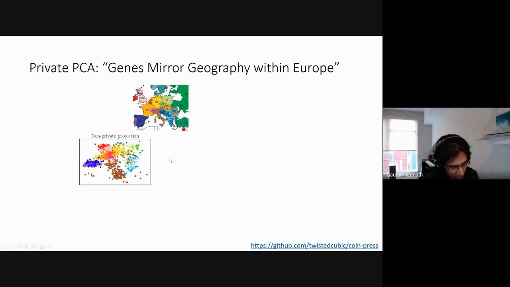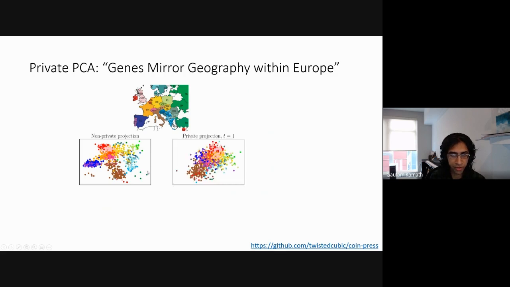Now, of course, there are many concerns, but one natural concern is that you're doing experiments on genomic data, which is generally sensitive. We were just playing with the toy version of this data set. There's a full version which we couldn't even get access to, because you have to be some cool bio person to do that. So this is a smaller version. But of course this is sensitive data, and giving this information might leak some things about the individuals who participated in it. So instead, you'd like to do it with differential privacy.